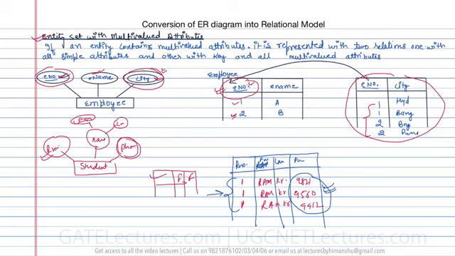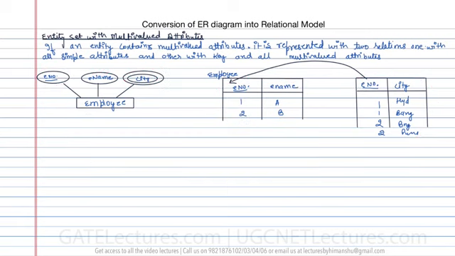So we are going to make two tables because of this. For this multi-valued attribute we make a different table. We do not include the multi-valued attribute in the original table itself, because that will lead us to a lot of repeating values. So if you have an employee, use the simple attributes or the composite attributes and the primary key in this table. If you have a multi-valued attribute, for that multi-valued attribute create a different table.